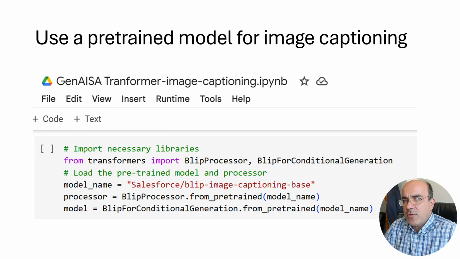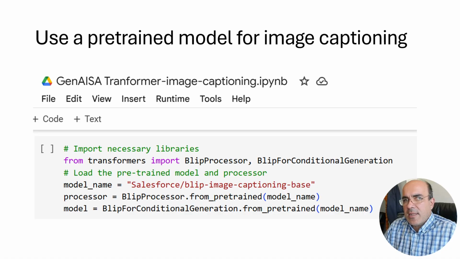The given code demonstrates how to use a pre-trained model for image captioning with the BLIP model. It first processes the input image using the BLIP processor, which converts it into a format suitable for the model. The processed image data is then passed to the generate method of the BLIP for conditional generation model to create a textual description.